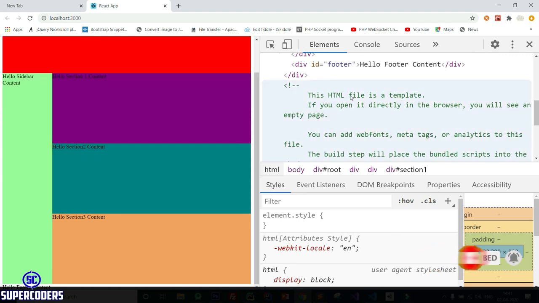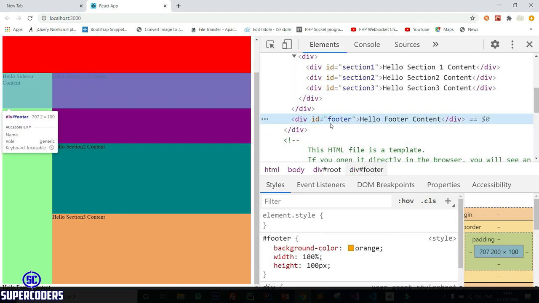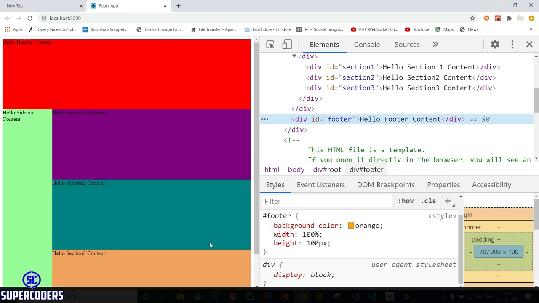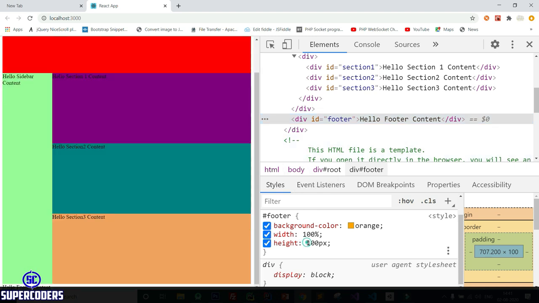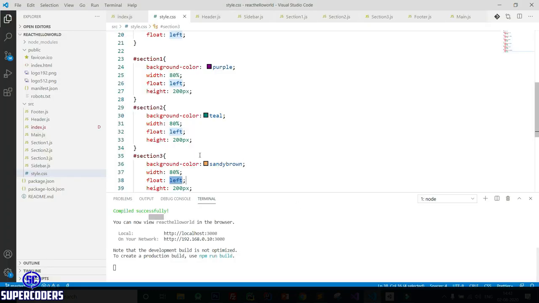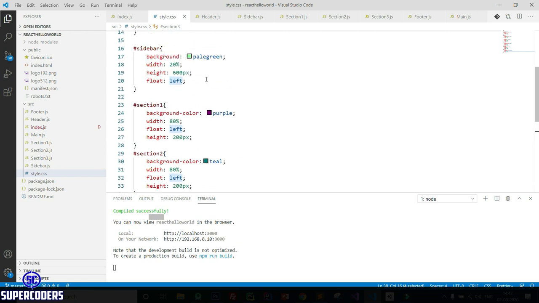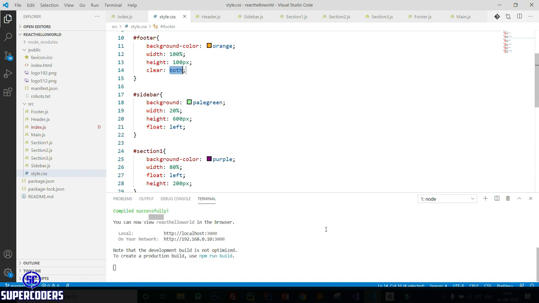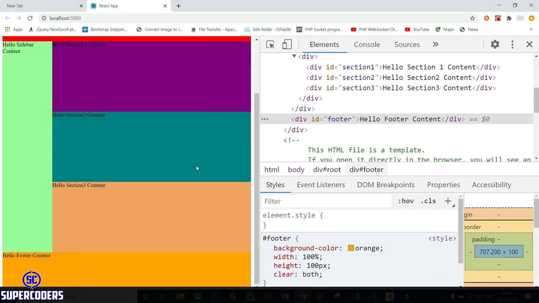Let's create this footer, id footer. In footer add a thing, clear both, and you can see footer is working.